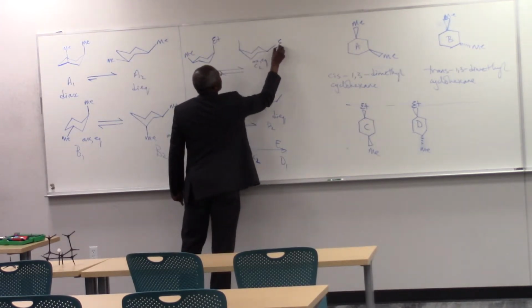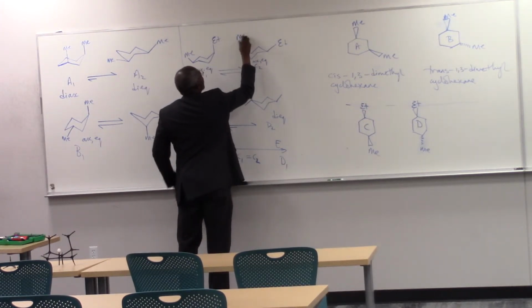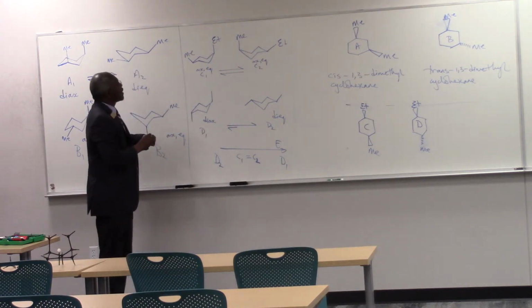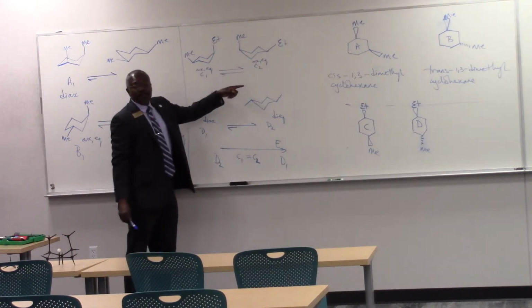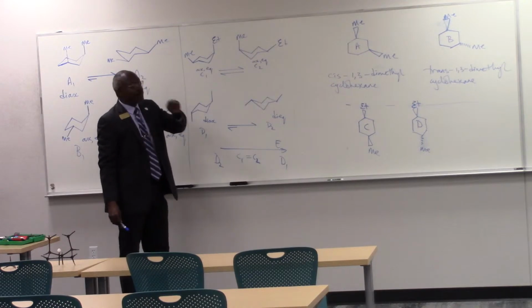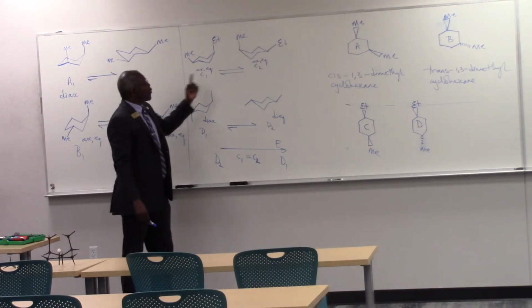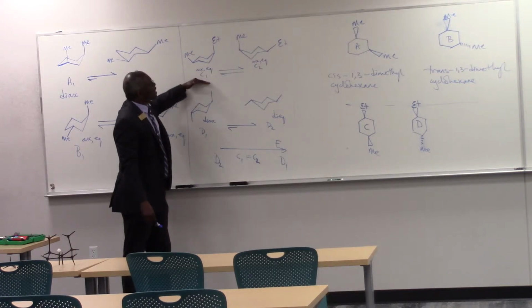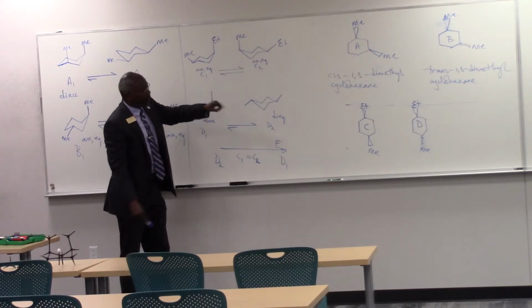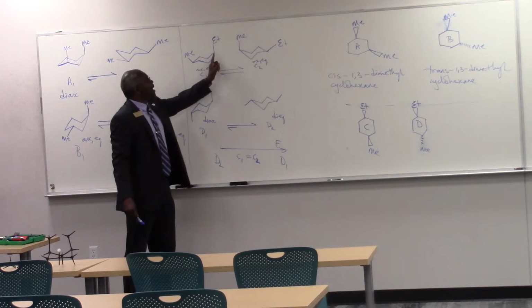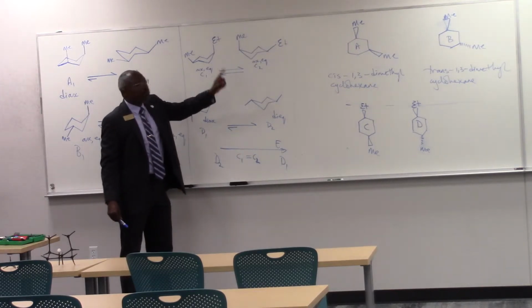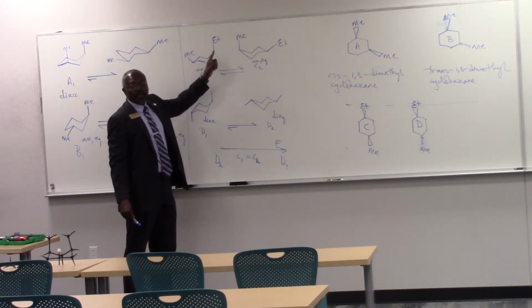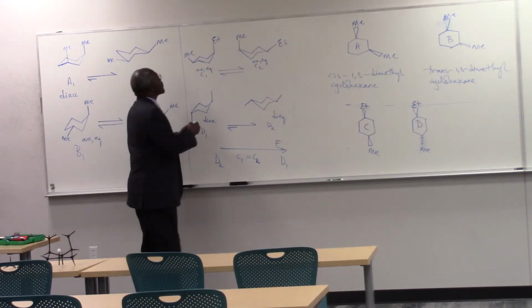When the ring flips, ethyl and methyl. Now when they were both methyls, or for that matter, they're both ethyls, they will be degenerate. But in C1, in this new version, my ethyl group, the larger group, is axial. Which means there are more severe